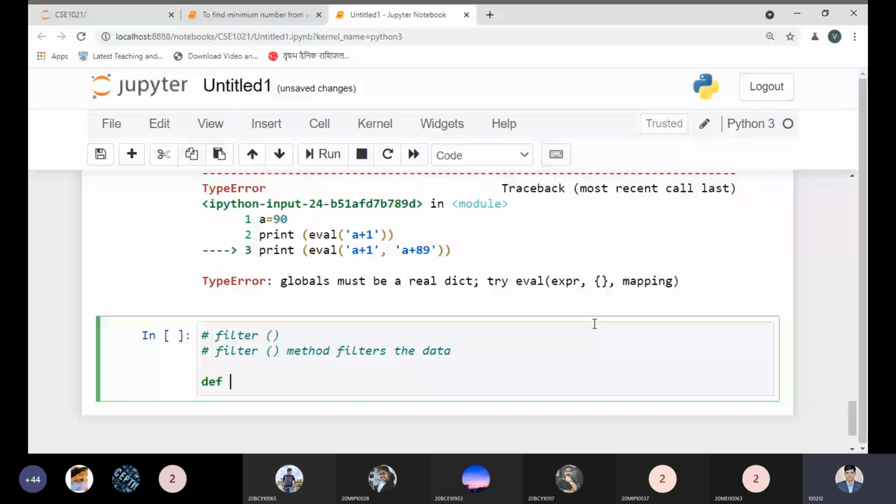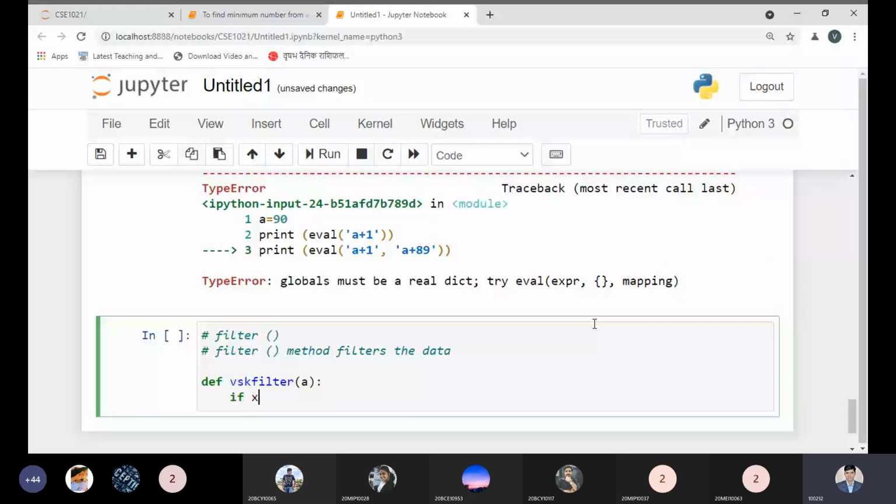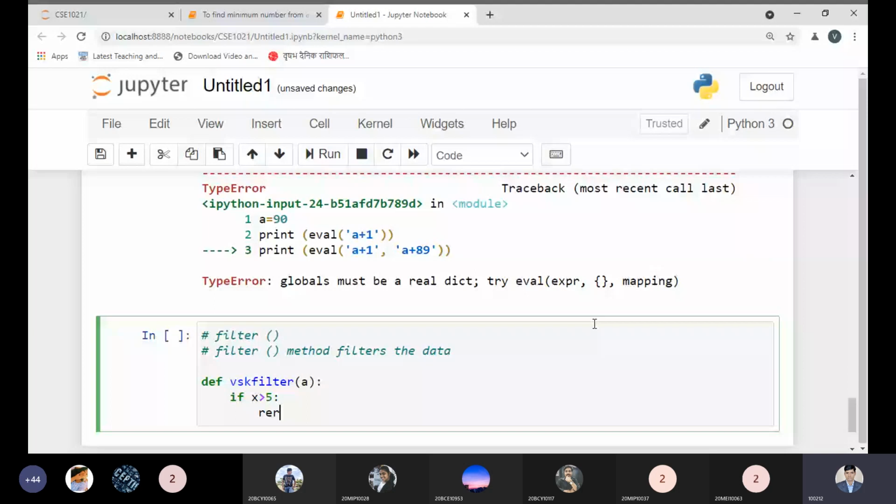Here I'm passing a value, x, because I will pass it while calling this method. So if x is greater than 5, it will return x, and in the result we are getting some value. We are calling the filter method, and in this filter method we are passing some values.